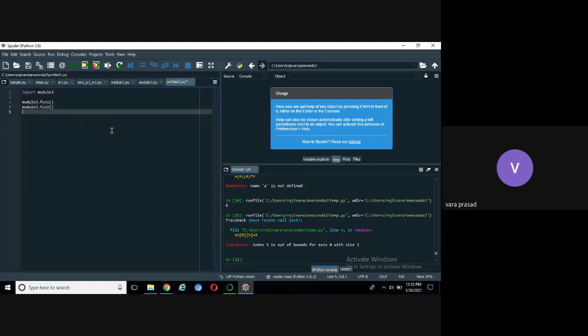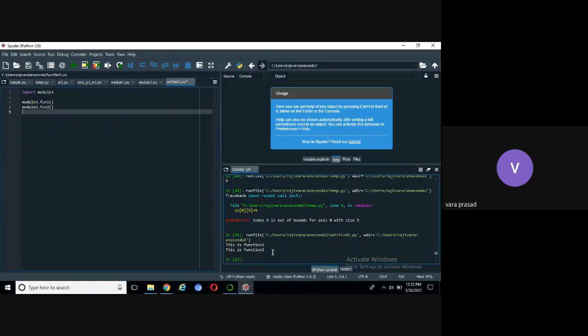Then we can run the program. Which program are we going to run? untitled1.py. In this program, we are importing which module? module3. Now we can run the program. Now you can see the output here. This is the console window, the output window. Here you can see the output of the current program, untitled1.py. Now we are calling 2 functions, function1 and function2. These 2 functions are defined in module3. How are we calling the function? Module name, dot, function. Now you can see the output: this is function1, this is function2. Like this, we can create a module, import a module, and call the objects by using the module.